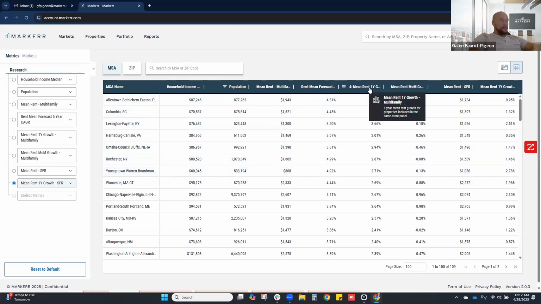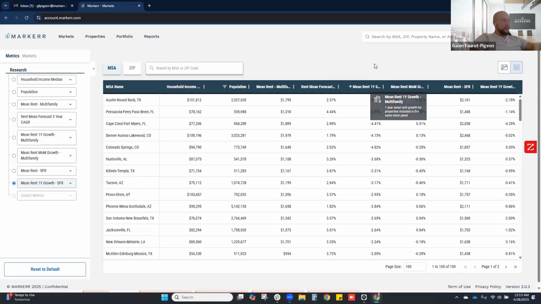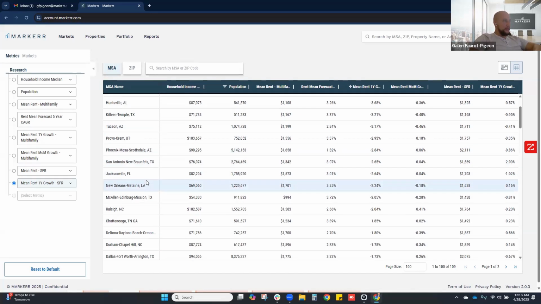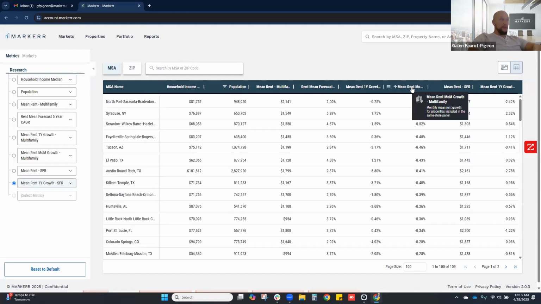Now, on the flip side, curious to see Akron, Albany, Atlanta. Interestingly, still see some markets like Austin. We're seeing some softness in the condo market in Florida as well. So interesting to see that happening on the rent side as well. So some previously high flying markets down here. Now, I'm also curious to see what's happening on a month over month